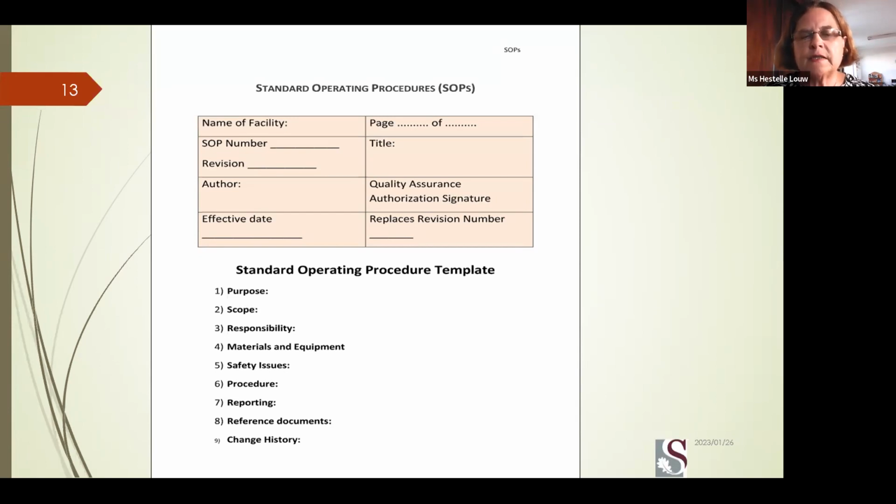Then reference documents that they use, and then change history. Change history is when was the last time they updated the policy, the SOP, and how many times has it been updated. Now, I want to share with you